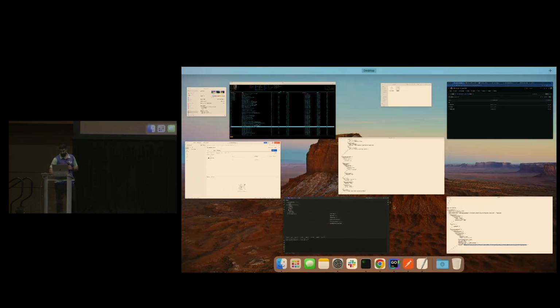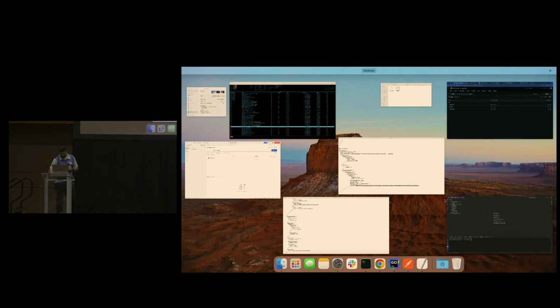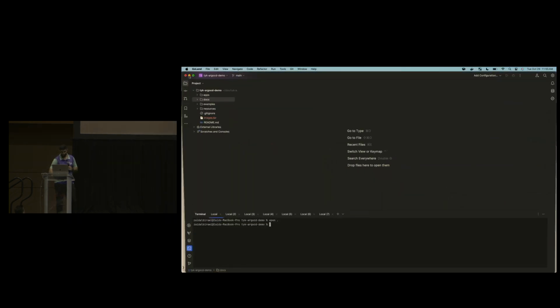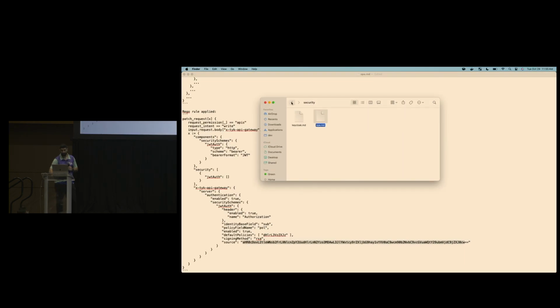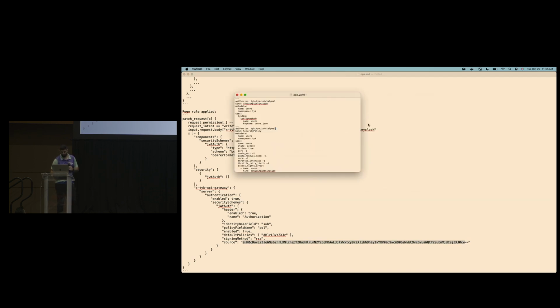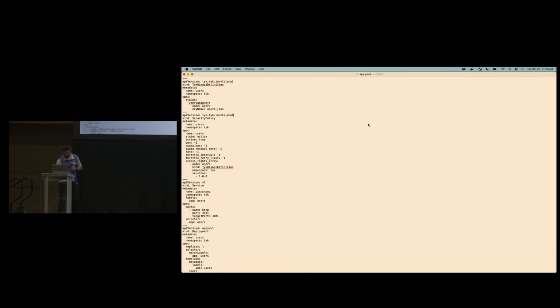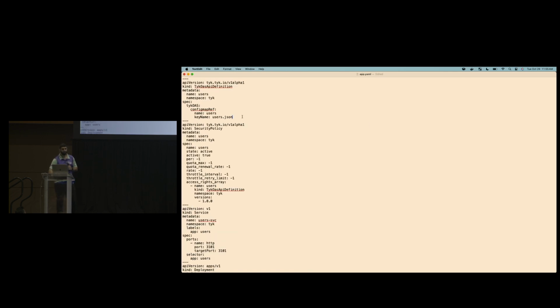All right, so this talks about the API and how it gets created, and we're not going to look at this anymore, so we'll minimize it. We're going to take a look now at the rest of the example here. So, if we go back to users, perfect. Now, I just want to take a quick look at this app.yaml file. This app.yaml file, and we'll zoom in, is basically going to describe my CRD.